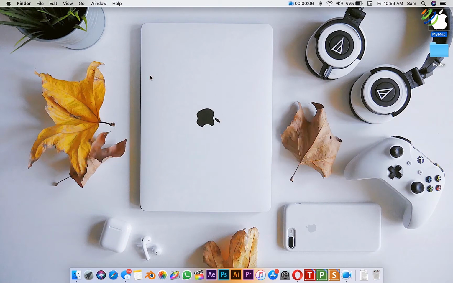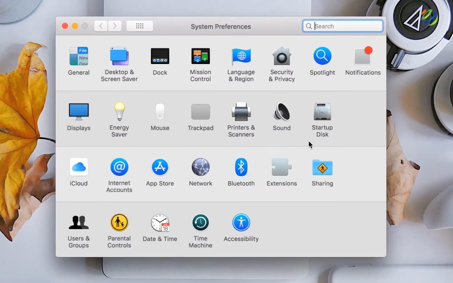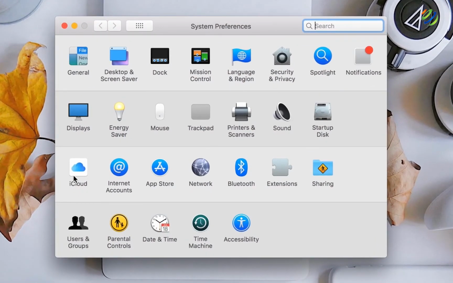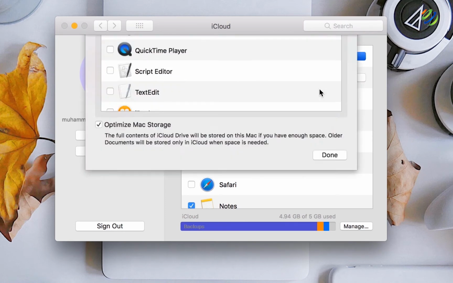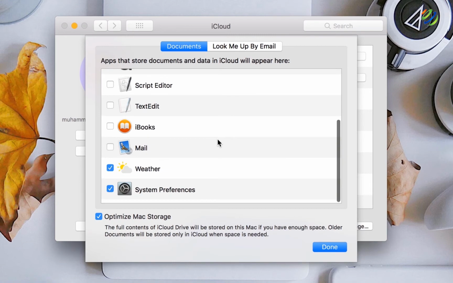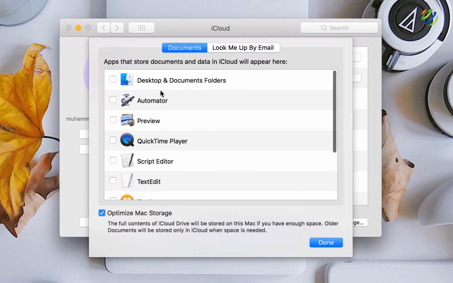As cloud storage application iCloud matures, Apple has given it new abilities like syncing desktop folders to the web. If you have the space to spare, open System Preferences and go to iCloud. From this menu, look next to iCloud Drive to find options, where you can pick which folders and applications you want to sync automatically to your cloud storage account.